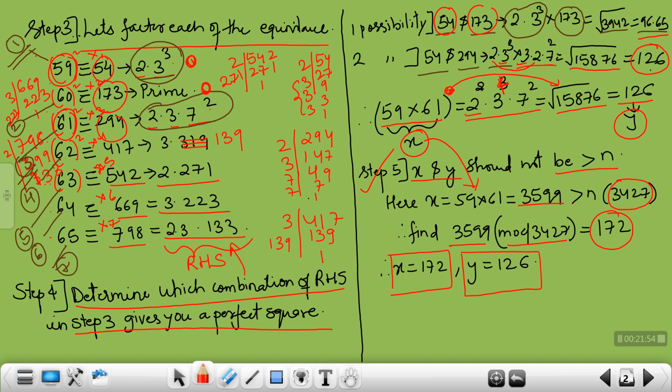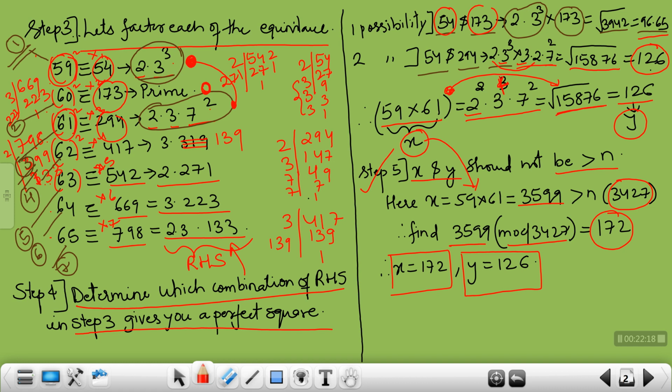So then I combine my equation number 1 with my equation number 3, that is this equation. When I combine these equations, what do I get? It will be 2 raised to 2 into 3 raised to 4 into 7 raised to 2. So I get the answer as 15876, and when I find the square root of it, I am getting a perfect square as y.